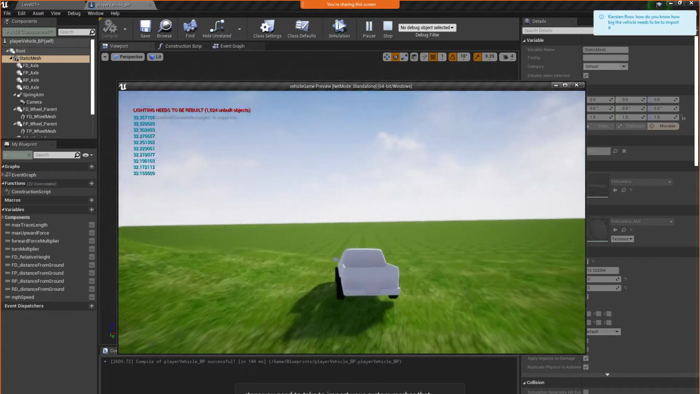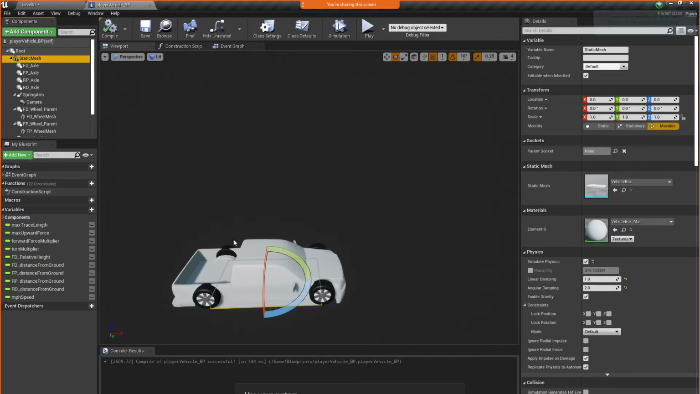You can use your custom vehicle and replace the static mesh like this, actually replace the box instead of just adding it as a child. But I don't recommend it. It's up to you. And if Kristen had a question on it,